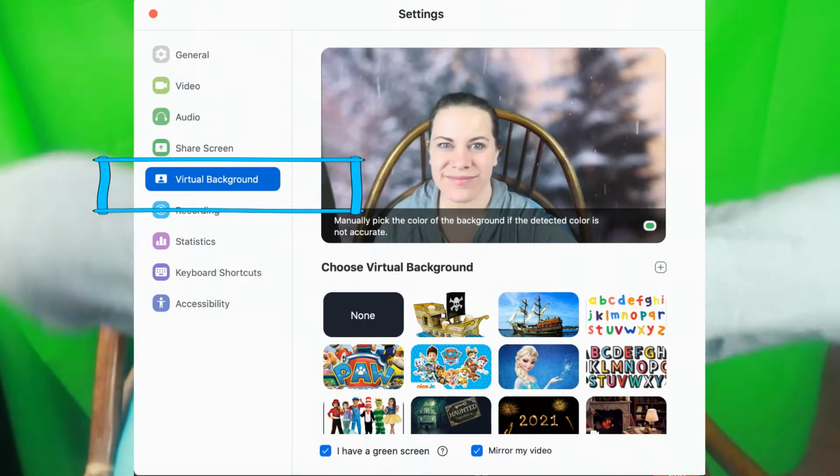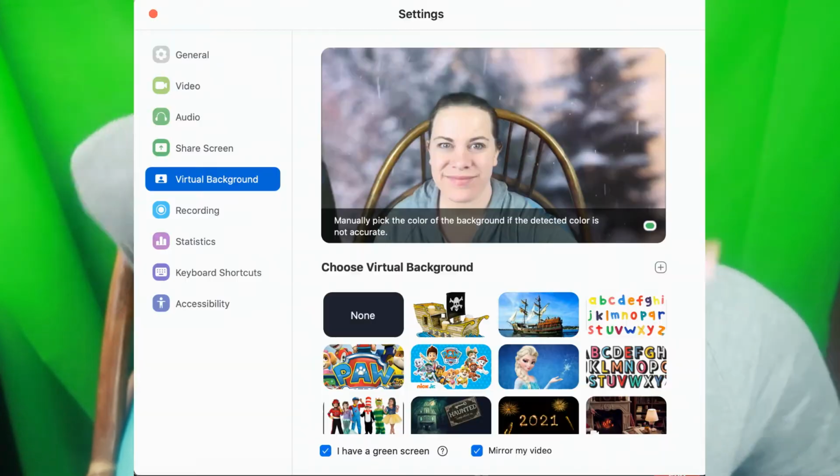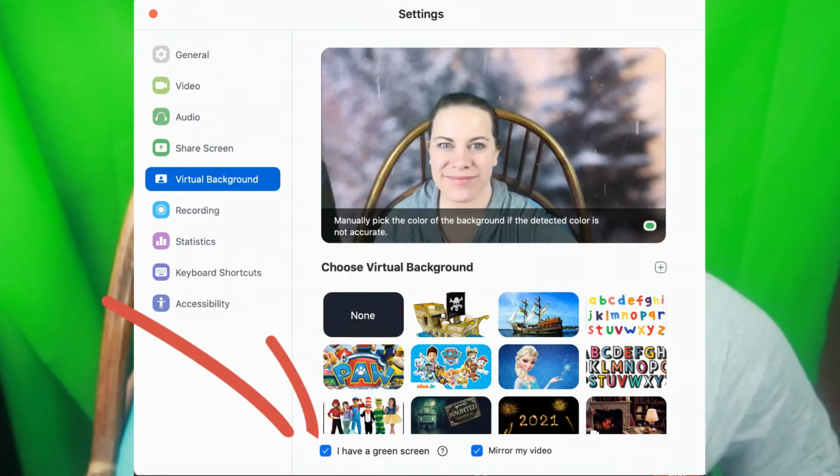Click on that. Most likely you don't have a green screen. This is a green screen. It's just a green background. Like the picture that you put on it is going to replace whatever is green. If you don't have a green screen, make sure that that check mark is not clicked, because otherwise the background